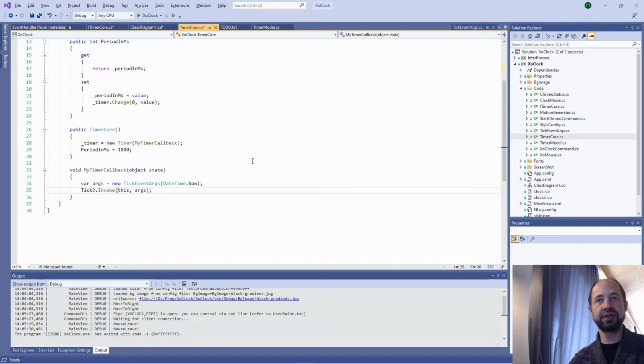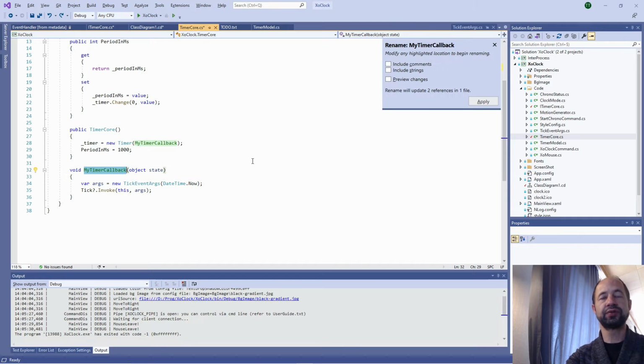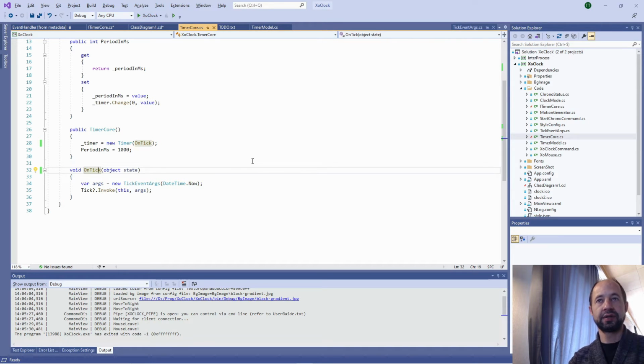We are triggering the tick, so this should be renamed by convention to on tick. And on tick is responsible for creating the tick event args and passing it to the event handler tick.